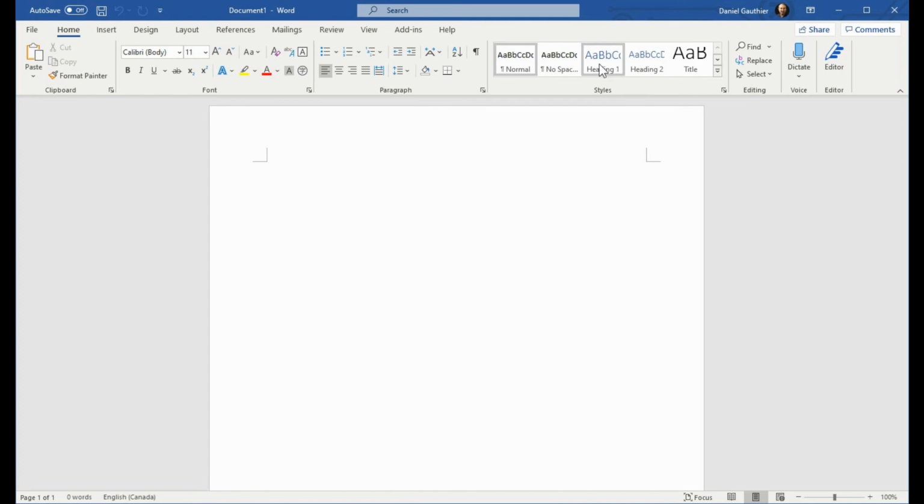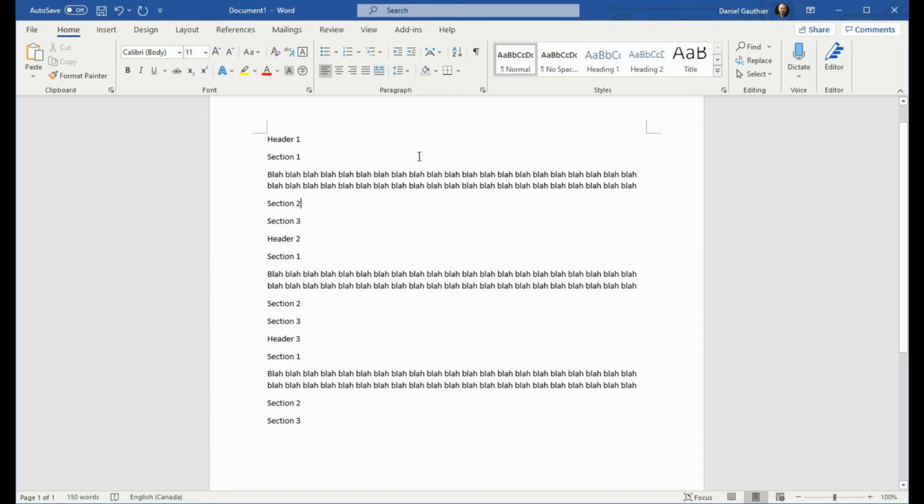There's also styles in here which you can select from, which come in handy when you want to modify something and make a change on a global level. It'll help if I have some content in here first, so I'll just pause the video and add some stuff in here quickly. Alright, so now that I've got some information in here, we want to make use of the